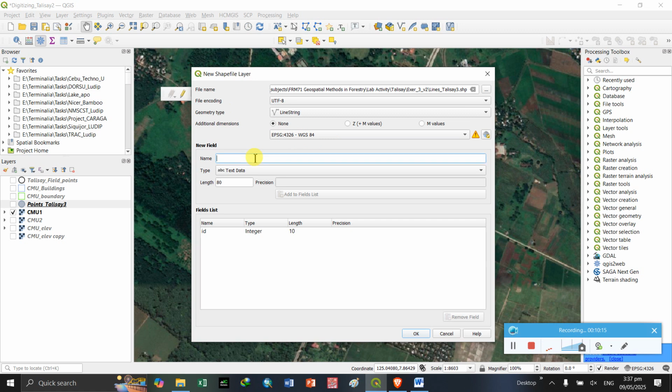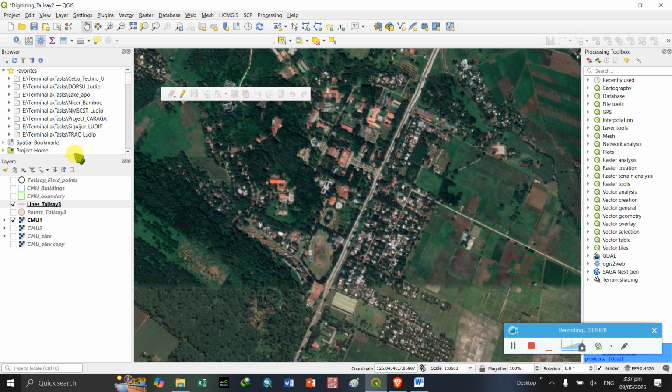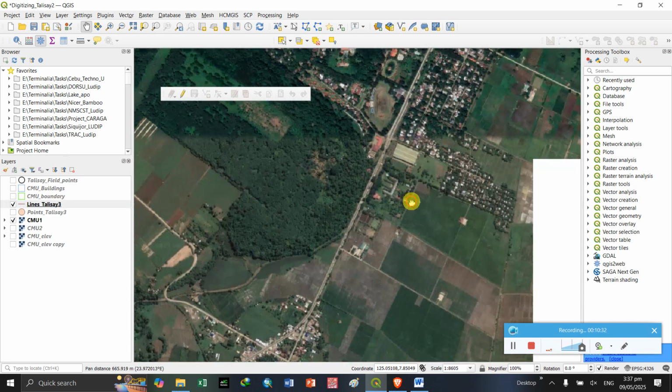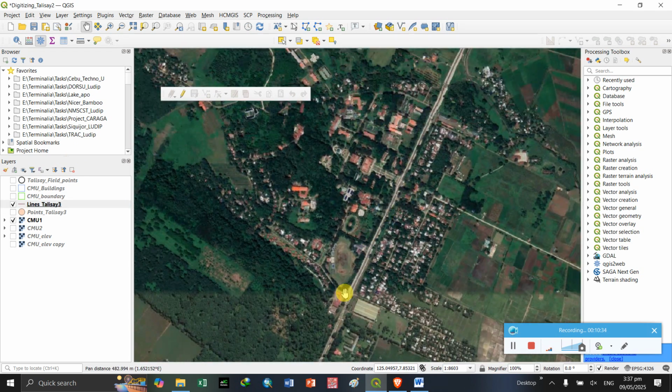Okay, and then we will also add the same field for the remarks, and then add to fields list, then click OK,